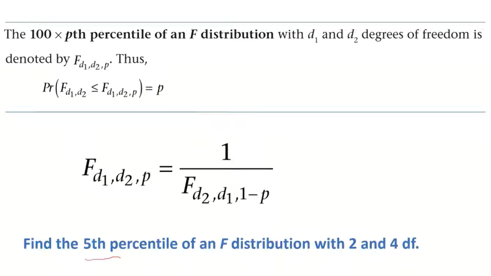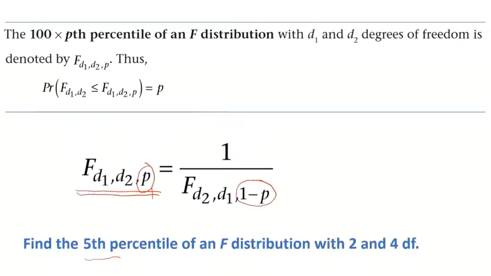Okay, so we simply have to get the reciprocal of this particular F value. But take note, instead of the P percentile, we are now getting the 1 minus P